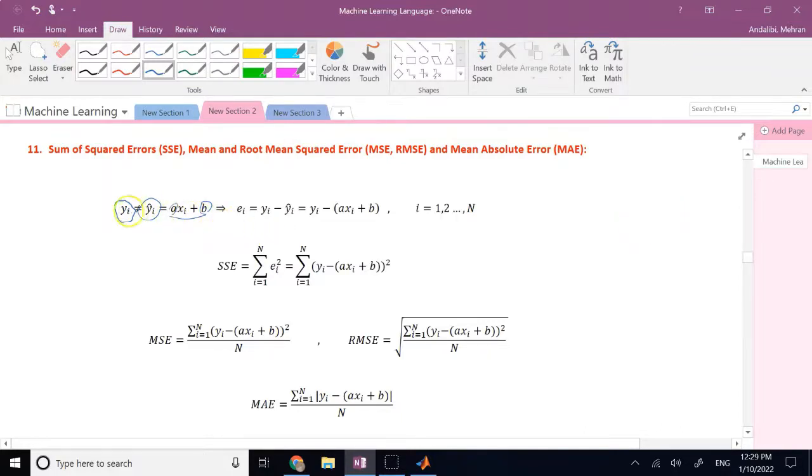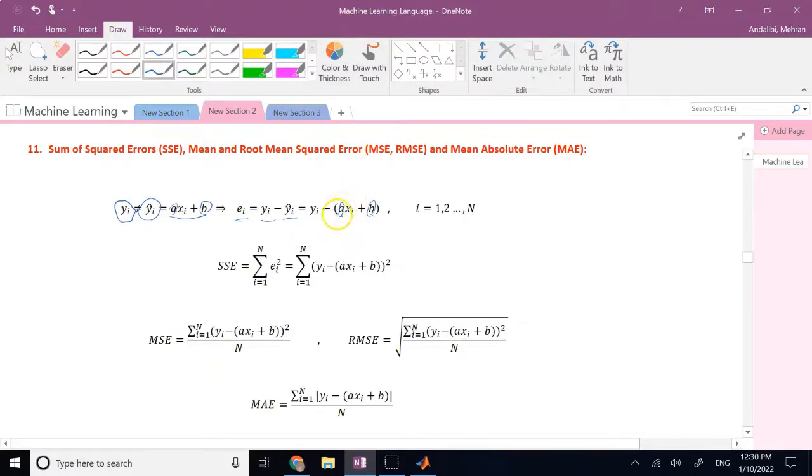So this is what we do in a linear curve fitting or regression, least squares curve fitting. So you subtract the predicted y from the actual y, you get an error. And since these errors could be positive, negative, or 0, and you want to know which set of a and b, which set of parameters will give you the best fitted line,